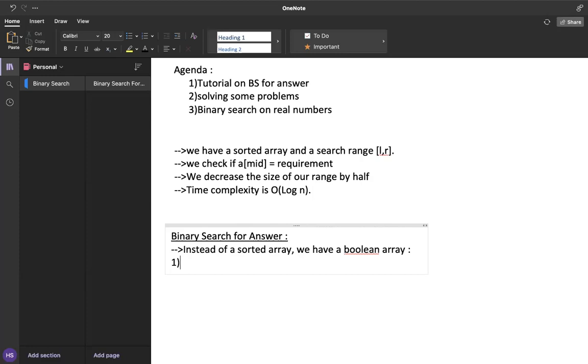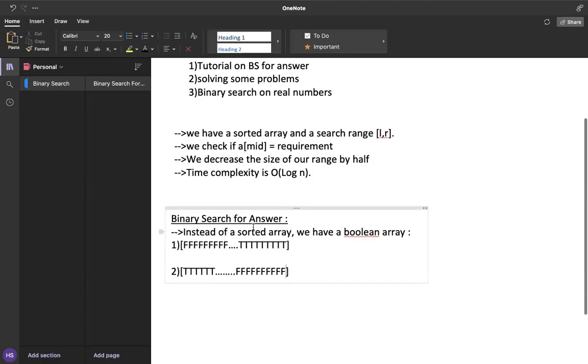So the first kind is f and t. So here f denotes false and t denotes true. And the second kind is t and f. So this is similar to a sorted array situation, because we can just denote all the falses by zeros and all the trues by ones.